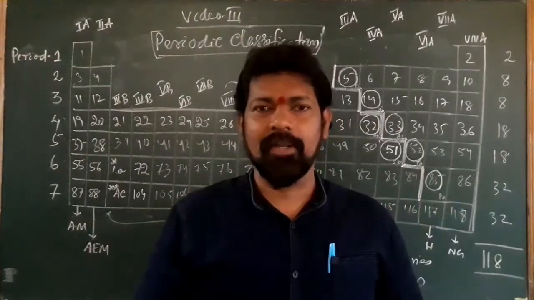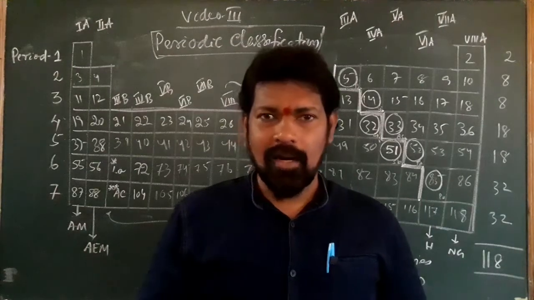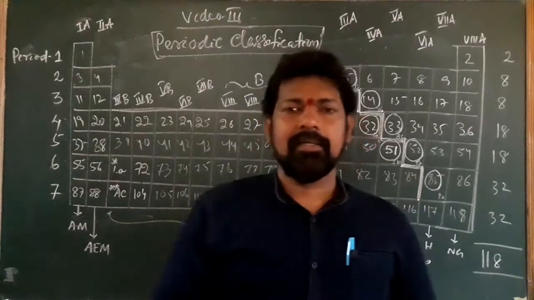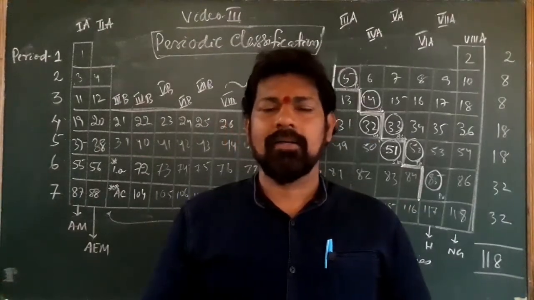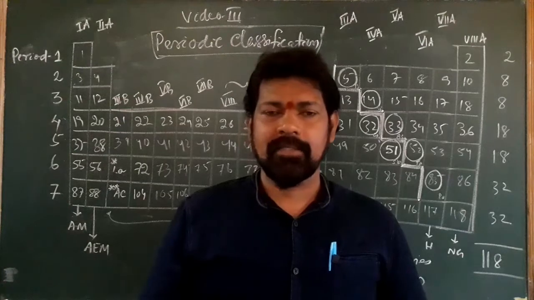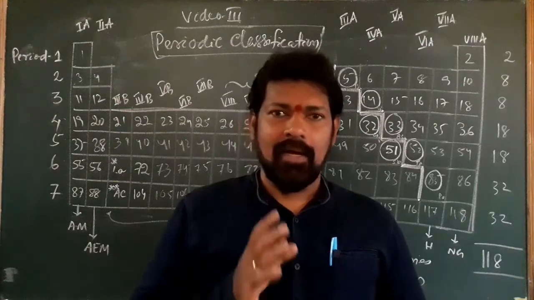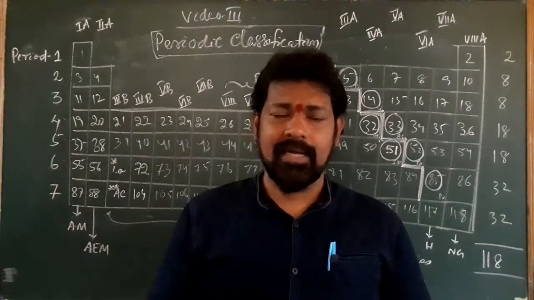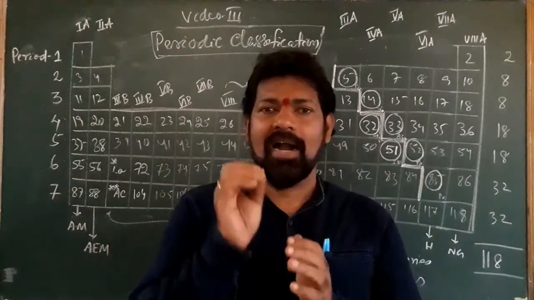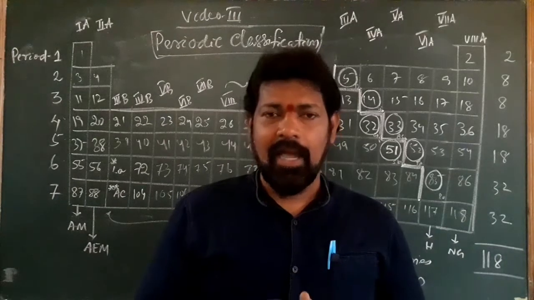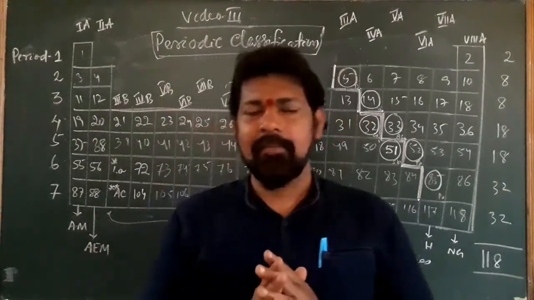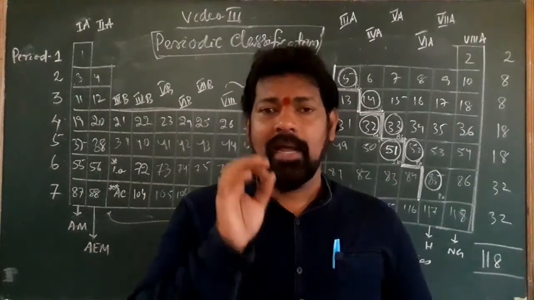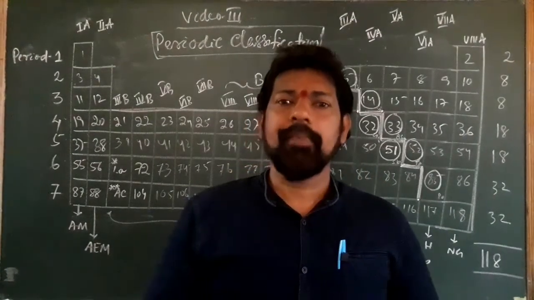The periodic table is a table in which we have arranged all our discovered elements in a meaningful order. This total earth is composed of many different elements, and our scientists say that the total earth is composed of 118 different elements, and all these 118 elements are stored in a table in a meaningful order, and that particular table is called our periodic table.